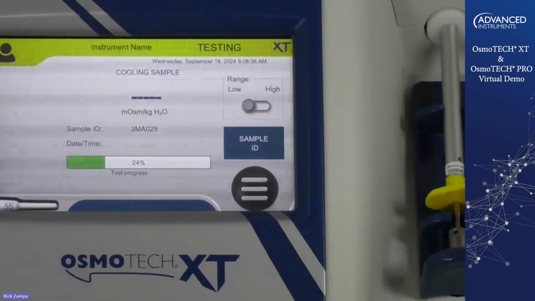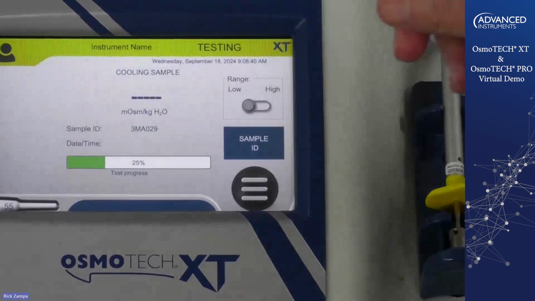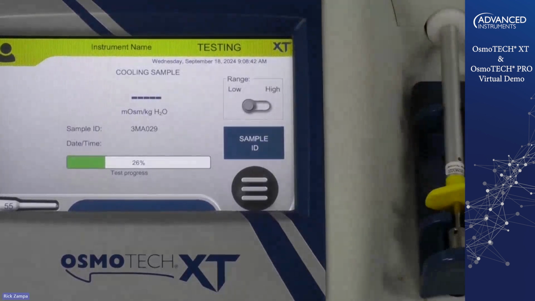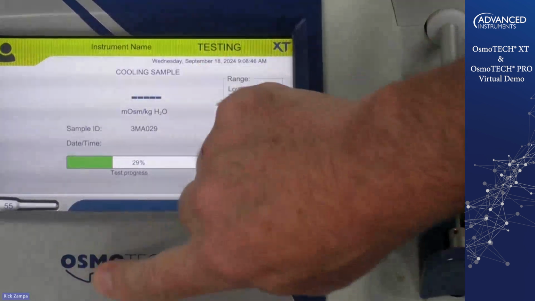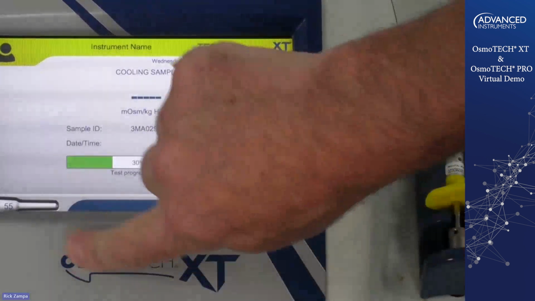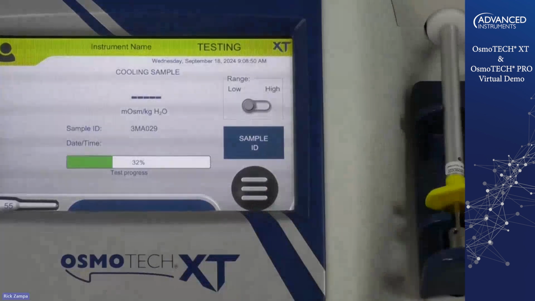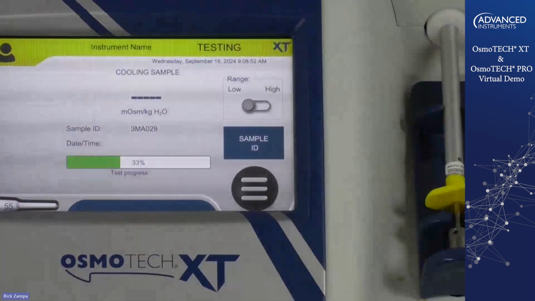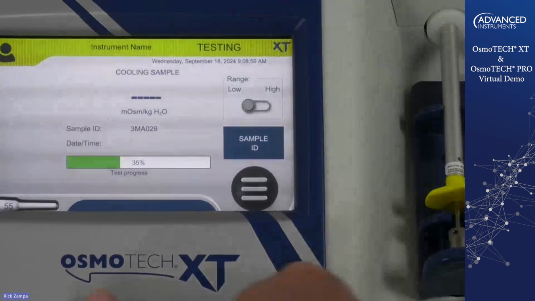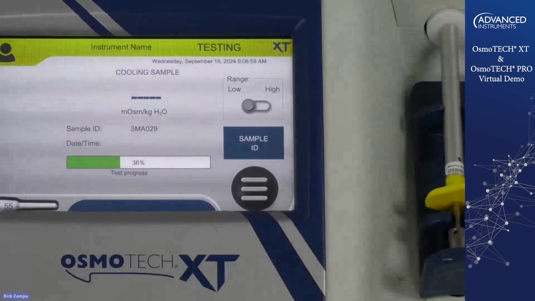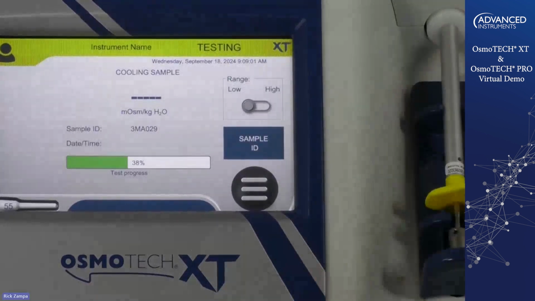So for those of you who don't understand or may not know how freezing point depression works, what we're doing now is we're taking the sample and we're driving it down below its freezing point. So we're in this part of the little curve you see here. That's actually the freezing curve. So we're driving it down to a set temperature well below its freezing point. Once we get to that temperature, the bottom of this little curve right here, then we're going to initiate